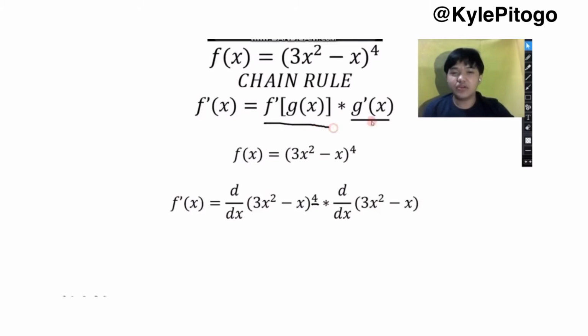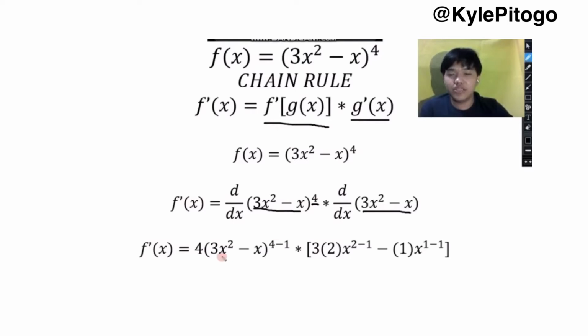Or here in the example, we're going to find the outside rule of the formula, which is 3x squared minus x quantity raised to the power 4. And we're going to only focus on the 4, the raised power. And multiply it by d over dx of 3x squared minus x. And this is the inside equation, which can be found inside the formula. So we're going to apply the power rule, which is